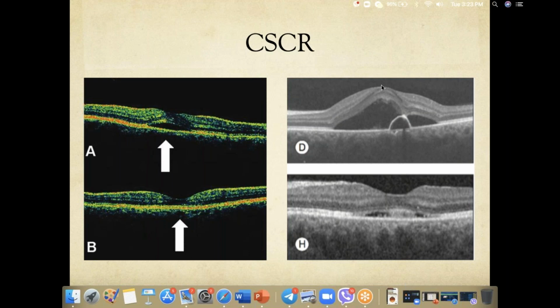Since there is no intraretinal splitting, the prognosis of CSCR is usually good if it's not chronic, as long as it does not produce cystoid macular edema. If there is cystoid edema, cystoid means the splitting starts occurring. So this is a CSCR. Now this is a PED. The pigment epithelium has detached, right? So this is a pigment epithelial detachment, but this space